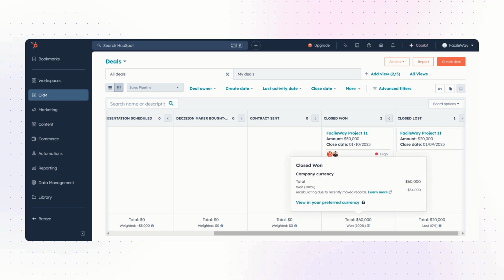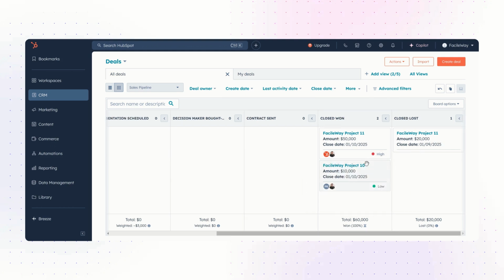Say that you have a total of $60,000 worth of deals already. If somehow the customer is not convinced, you can set it here to Closed Lost. From here you can follow up with the client. If someday the client converts, you can again drag and drop the deal back onto the closed pipeline.